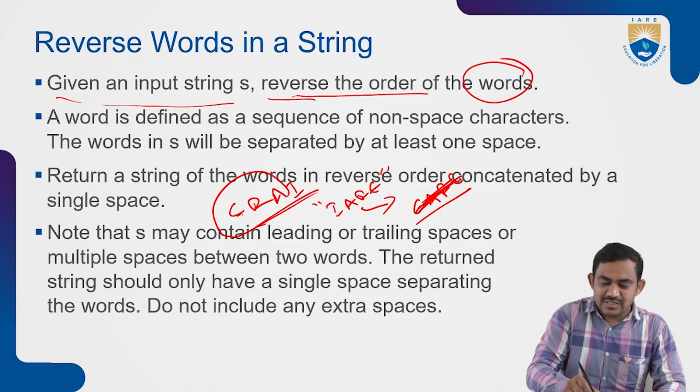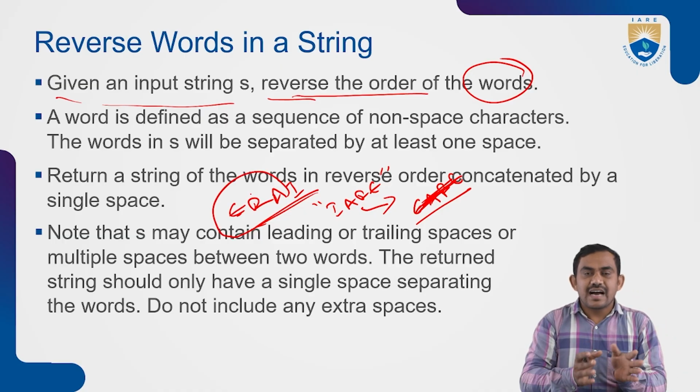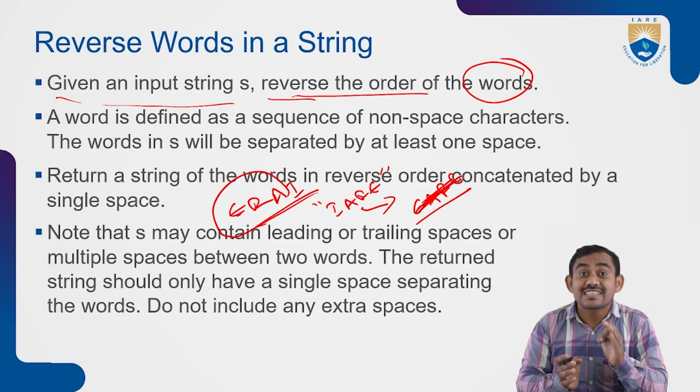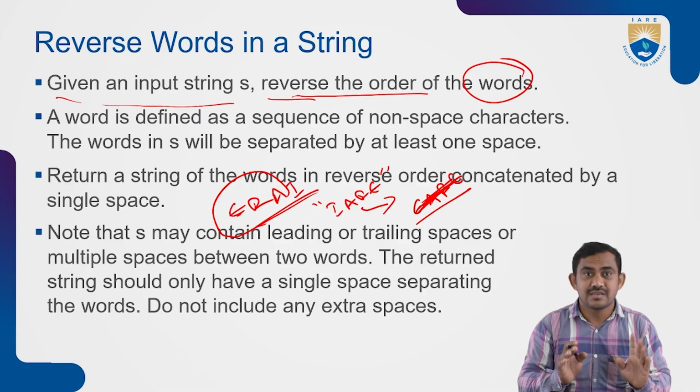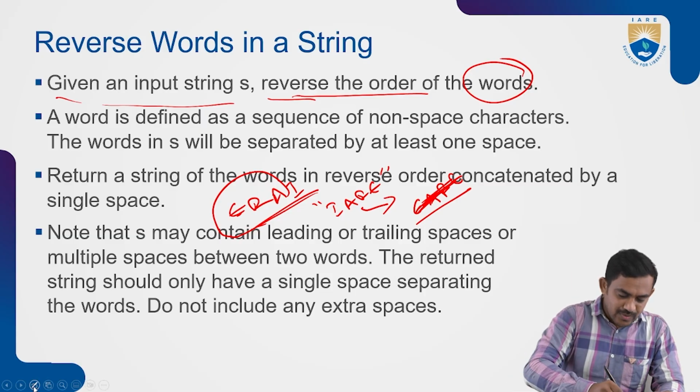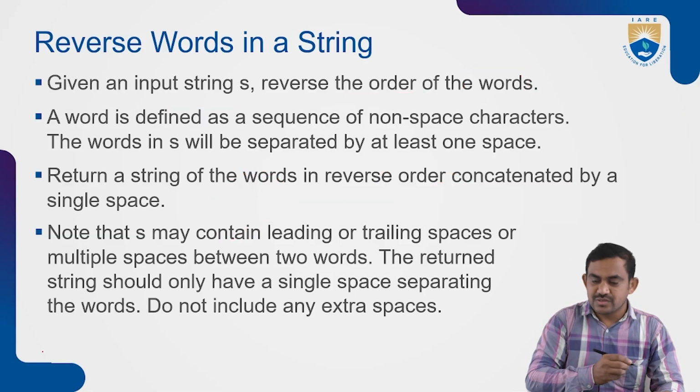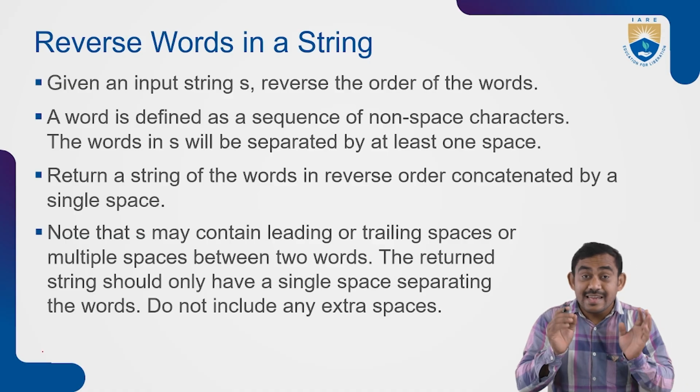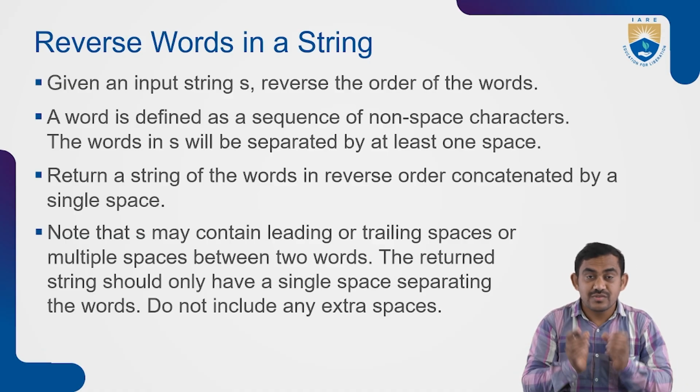So I-A-R-E reversed is E-R-A-I. That is the character reverse, not the word reverse. Remember this. Now, the problem statement says that if I have a string with n number of words,